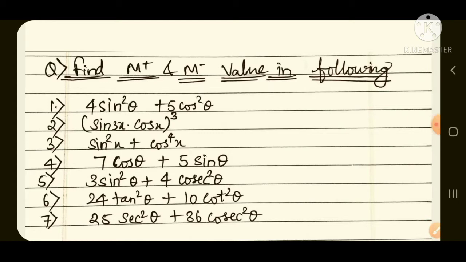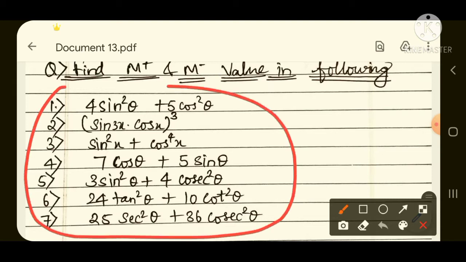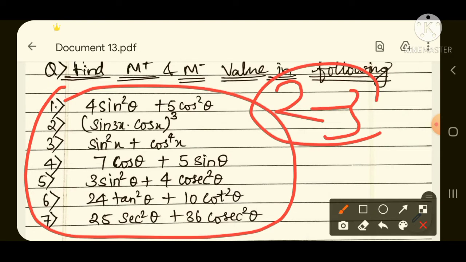Friends, I hope today you are very much excited to learn this shortcut, because it is going to prove to be a kind of Brahmastra. Here I am going to teach the maximum and minimum values which are asked from this trigonometric chapter only. What if someone asked you to find these 7 questions, this set of 7 questions, in just a span of 2 to 3 seconds only? Will you be able to do it?